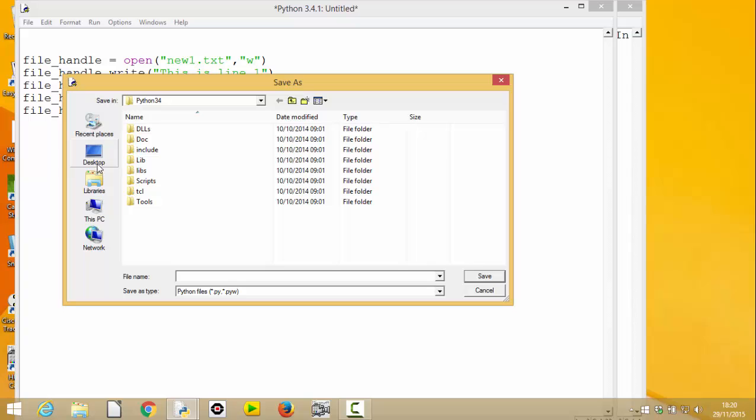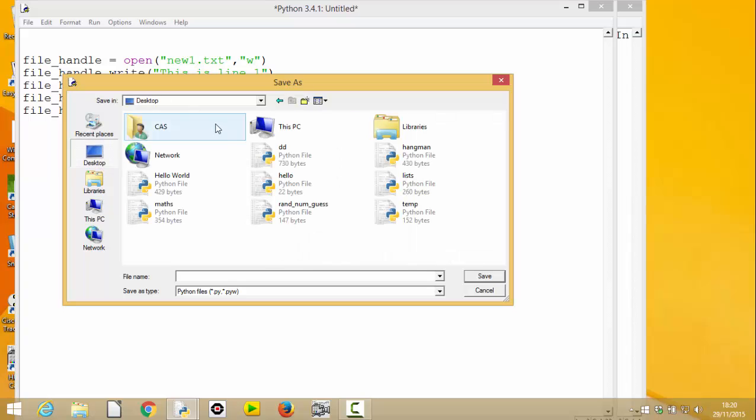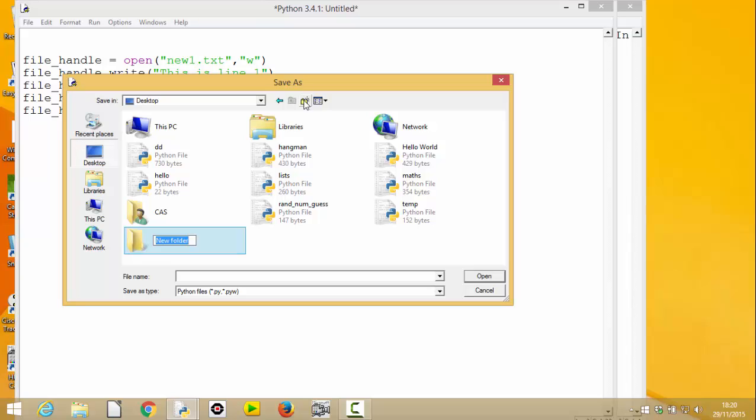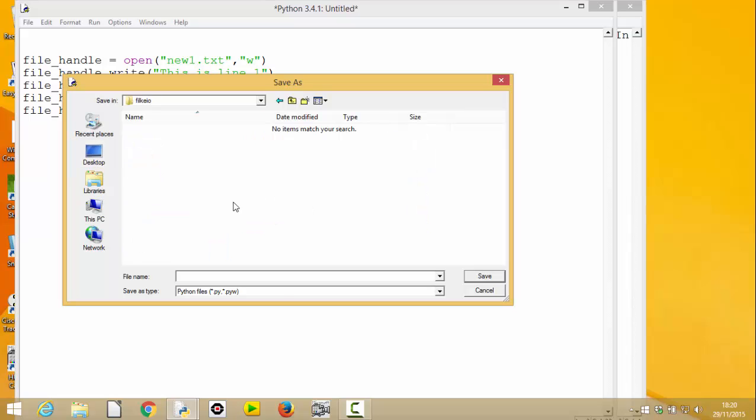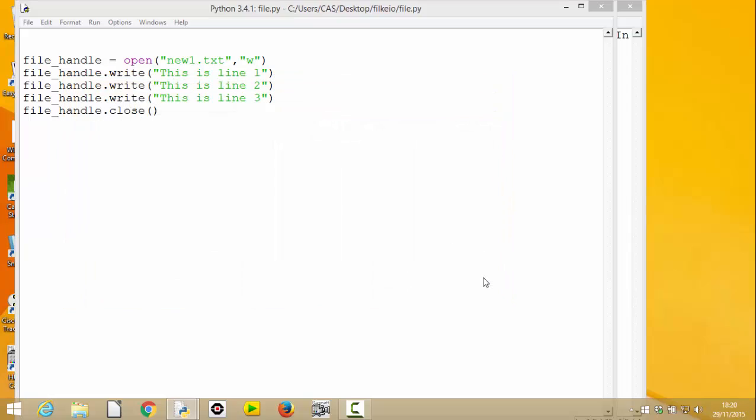Now what I'm going to do this time is put it into a new folder on the desktop called file.io, and I'm going to call it file. It's a Python file. Okay, so there's our program, and if we just go have a quick look at that